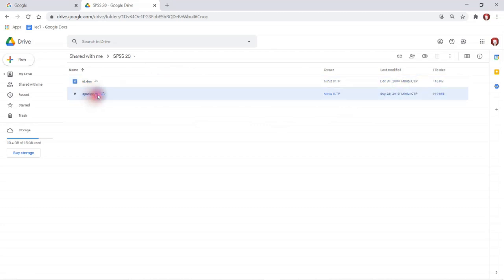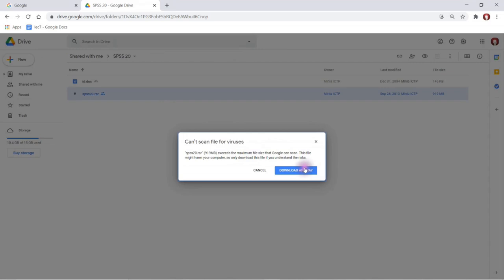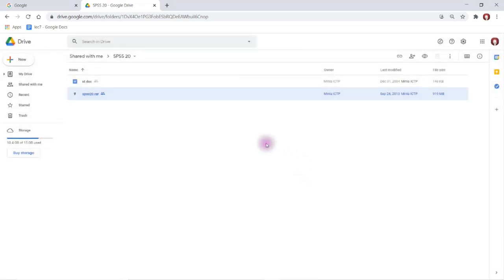First I am going to download this RAR file. For that, select that RAR file and click on download. Click on download anyway. Now it's downloading. I'm going to cancel this download because I already downloaded this software.